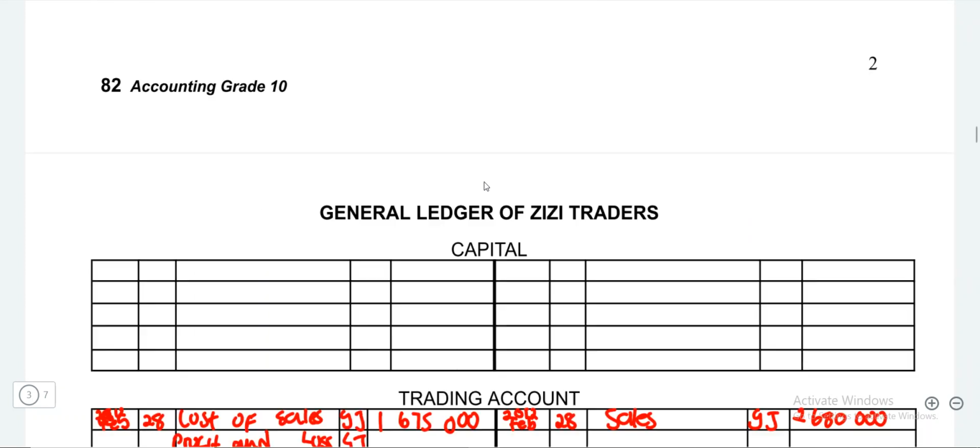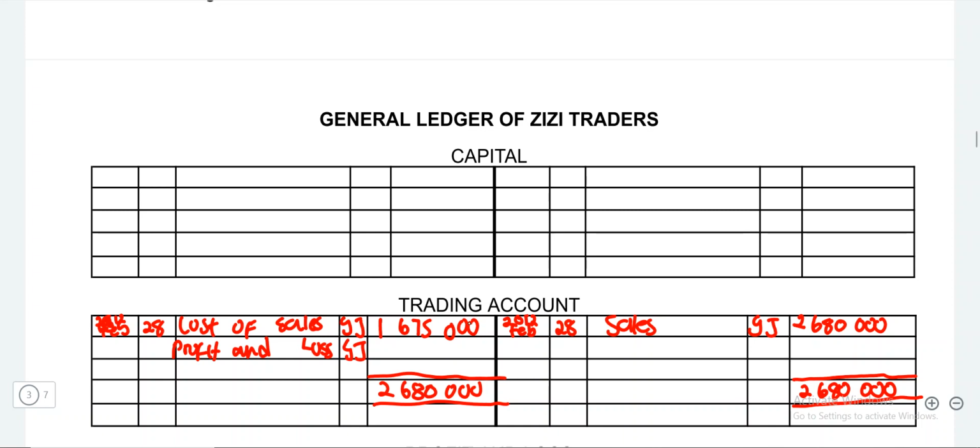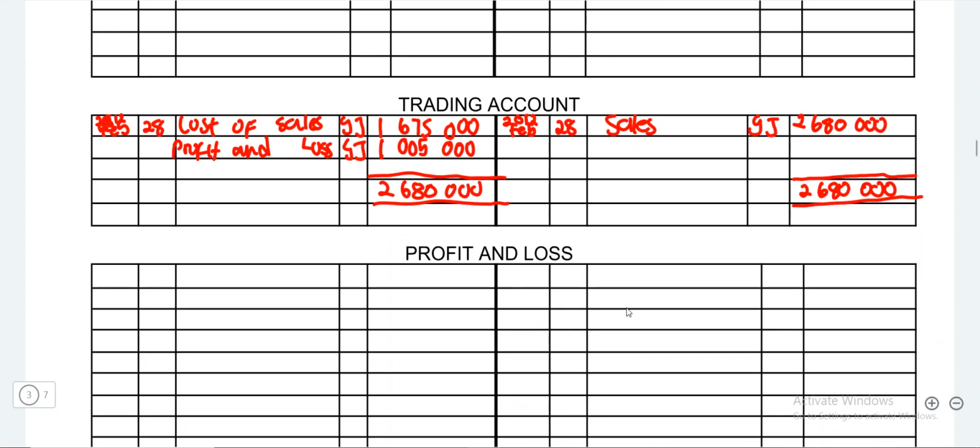1,005,000, right? So that 1,005,000 will come here. Then from there, we take the same information, we transfer it to our profit and loss. Remember, we debited trading account, so we must credit profit and loss. So we come here and say, on 2012 February the 28th, we will have trading account,